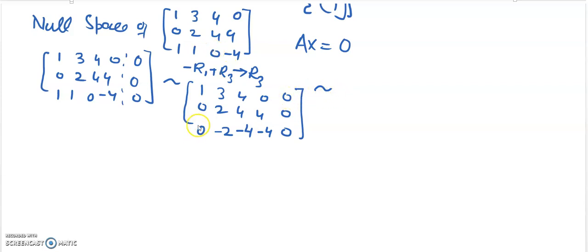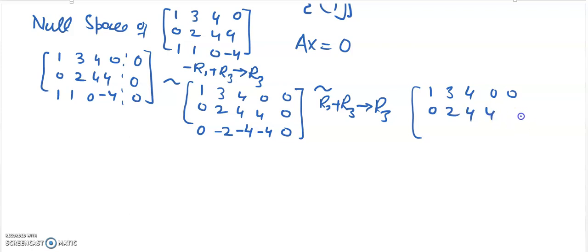So this next row operation is R2 plus R3, that is the new R3. So it will be 1, 3, 4, 0, 0, and then 0, 2, 4, 4, 0, and here it will be 0, 0, 0, 0. Okay, so we get all zeros in the third row, no problem. So it is in the echelon form, and then from the second equation what we get is